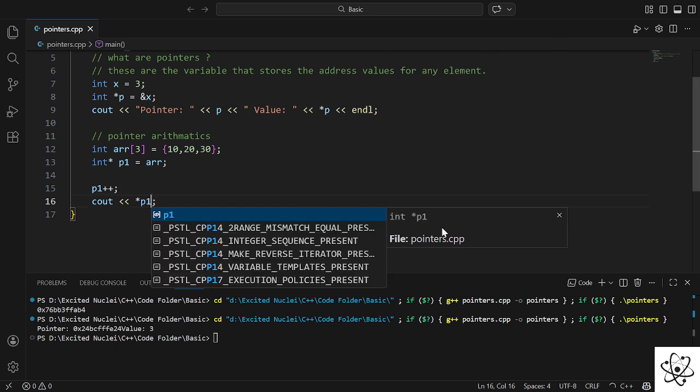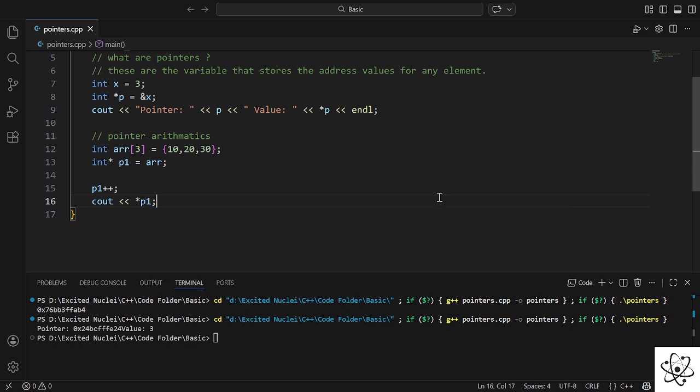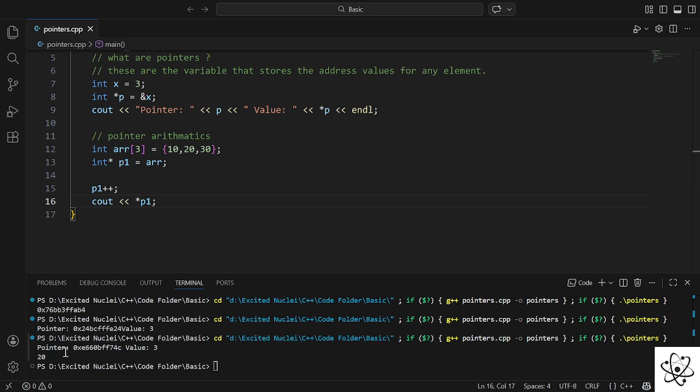Okay, now if I'm trying to run this actually, maybe like this. So our value, you can say 20, is actually getting output in the console. So I don't know how this is actually working, because at the pointer P1 we have stored the entire array, right? But we are only getting something like 20, which is the second element of the array. So this is just my hypothesis, but